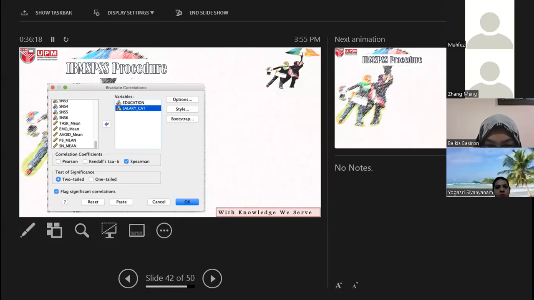Okay, done. So after you select the two variables, education and salary category, then under correlation coefficient,